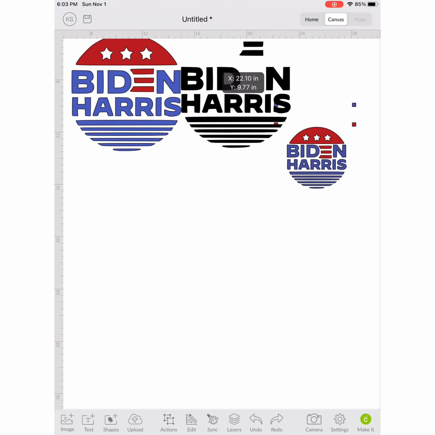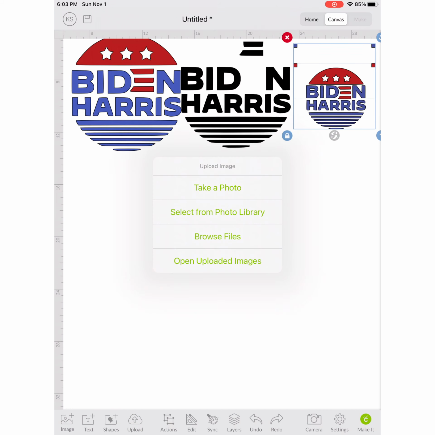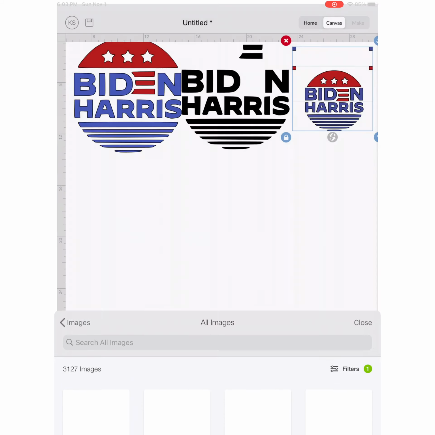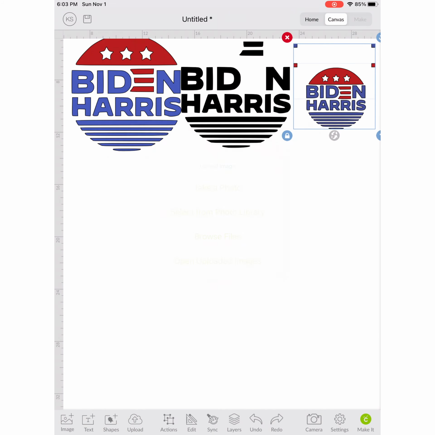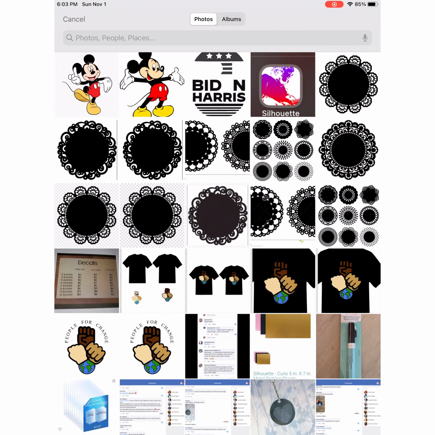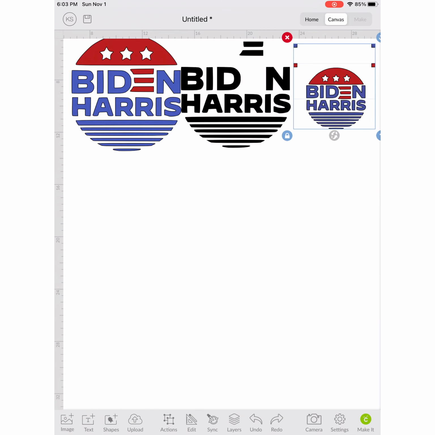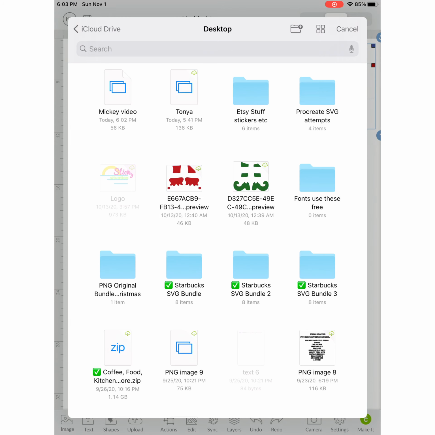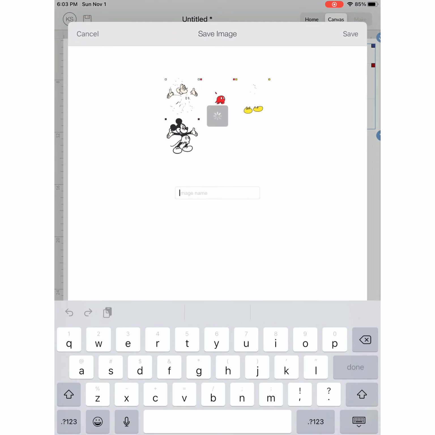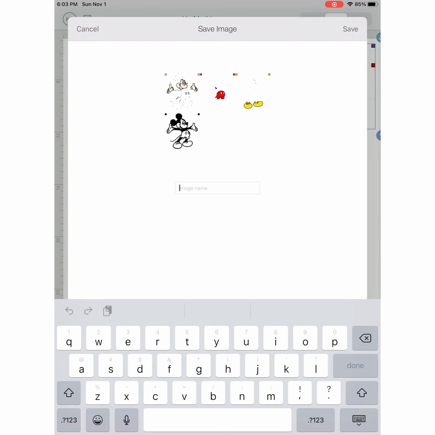So you're going to browse your files. I don't know why I hit upload images, but browse your files or your pictures in this case. And no, this is actually a file. Anyway, get your file, bring it in. And you're going to give it a name and save it. And you're going to bring it into your canvas